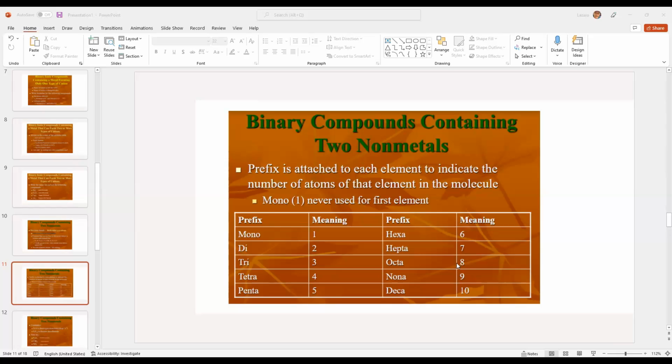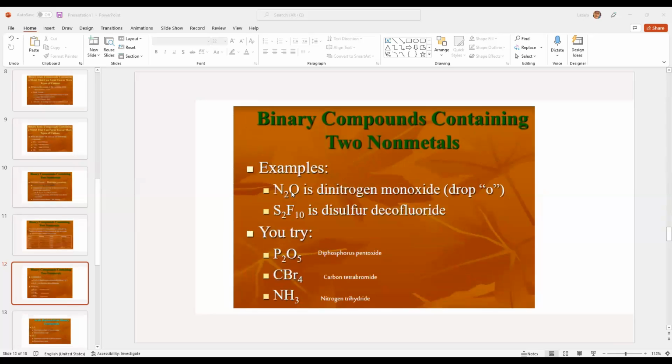see in this table. For example, N2O is dinitrogen monoxide. In this case is disulfur dichloride. Okay, try this too. In this case is diphosphorus pentoxide,